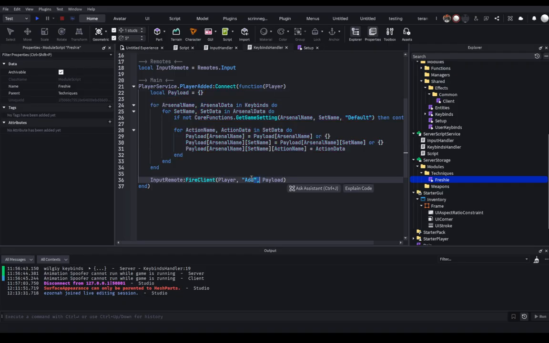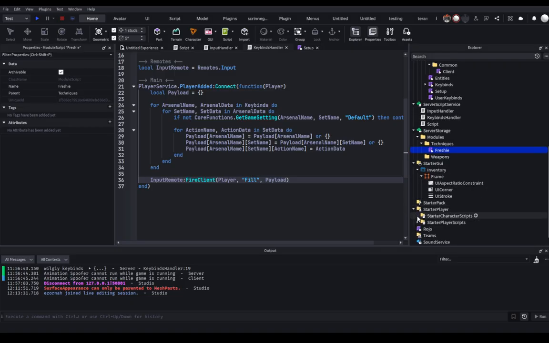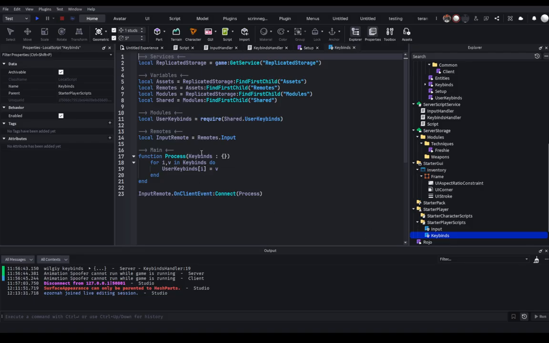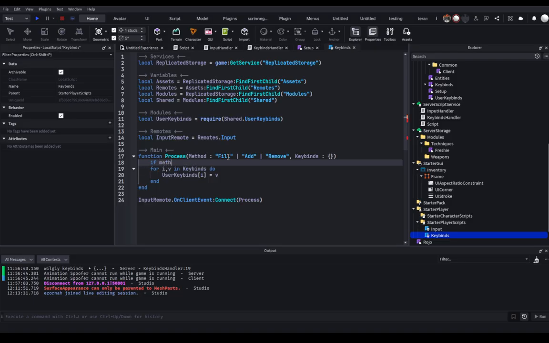So you could just say fill. This is going to be the method. Here, I'll put it in the code. We could say method is equal to a string, a specific string literal, so we could say if it's update, or we could say fill, add, or remove. Remove would probably be later. So if method is equal to fill,